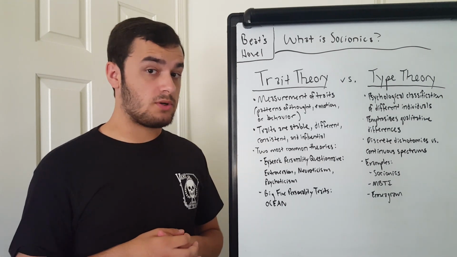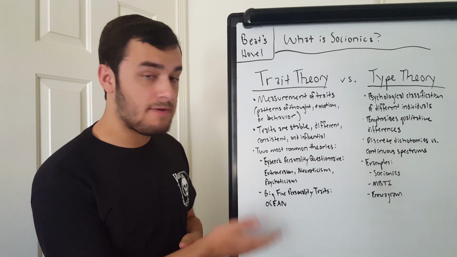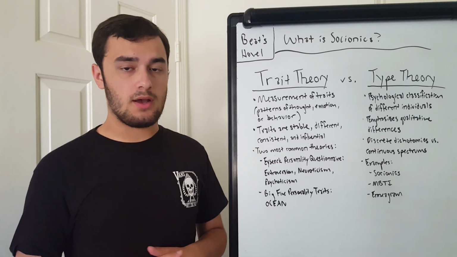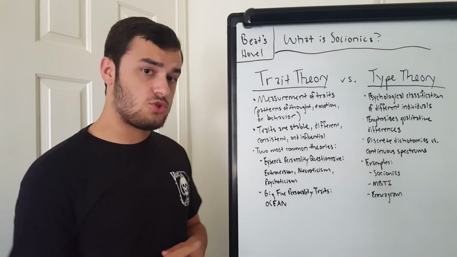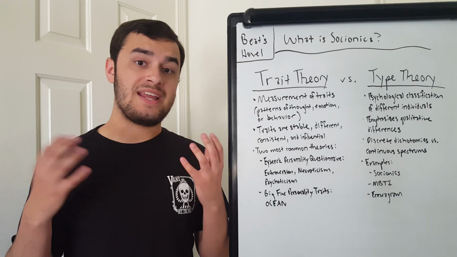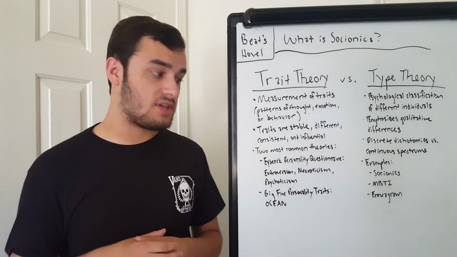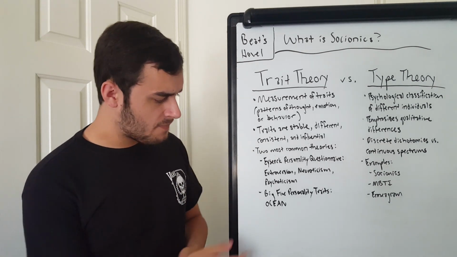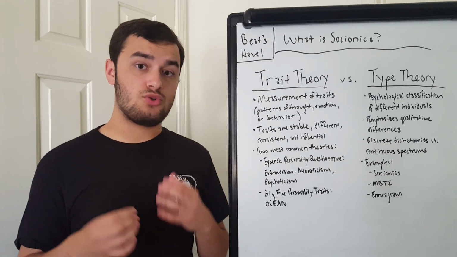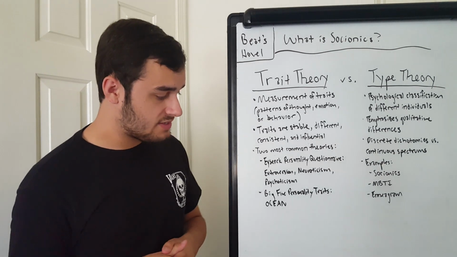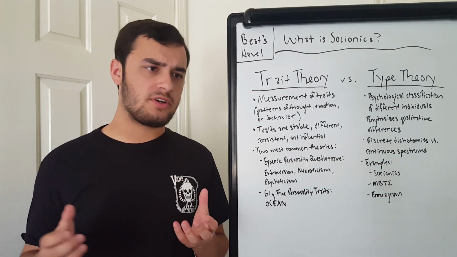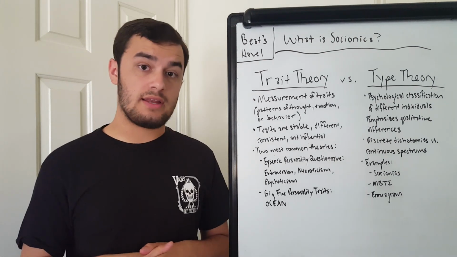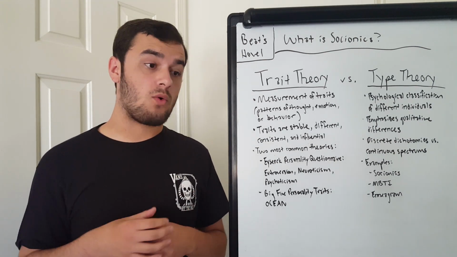Another very popular trait theory model is the Big Five personality traits, otherwise known as OCEAN. Those five traits are openness to experience, sort of the amount of imagination and intellect that a person has; conscientiousness, how organized and industrious they are; extroversion, how much sociability and positive affect they possess; agreeableness, how cooperative, trusting, and modest this person is; and neuroticism, the amount of emotional stability or negative affect